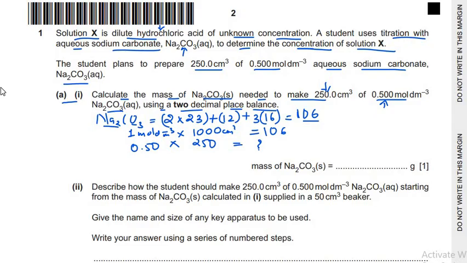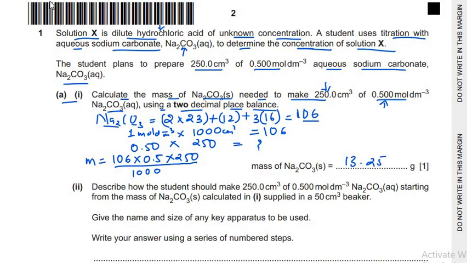You just need to cross multiply all this, and you can find the mass is equal to 106 into 0.5 into 250 divided by 1000. That's what we get, and if we calculate all this, we get the answer as